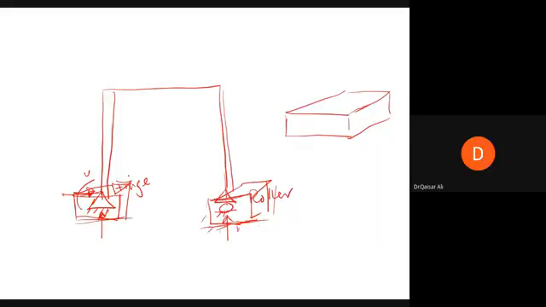So the load from the beam will be transferred to the column, and from the column it will go to the footing pad, and from the pad it will be transferred to the ground, like this. Now